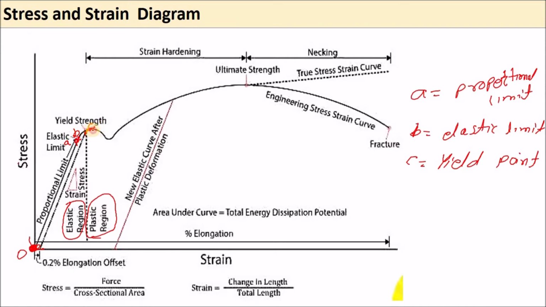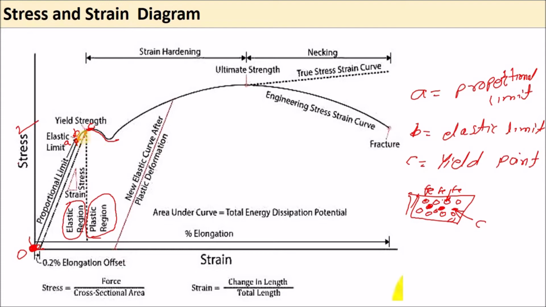Then suddenly strain will increase, but stress will decrease. So why does this occur? This is because when we look at the material, there are many iron atoms, Fe, in mild steel, and in between, in some places, there will also be some carbon atoms. So you can say this is a carbon atom and this is an iron atom, Fe.